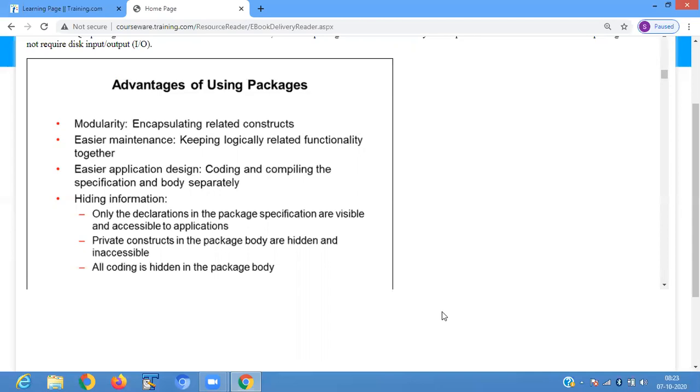Private constructs in the package body are hidden and inaccessible. So the parts you don't want to show anybody, you can hide.